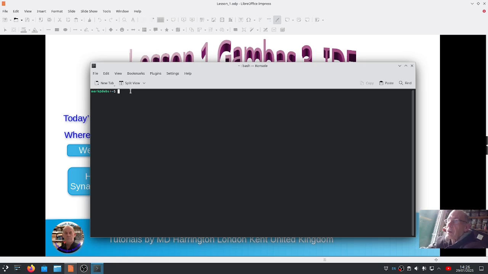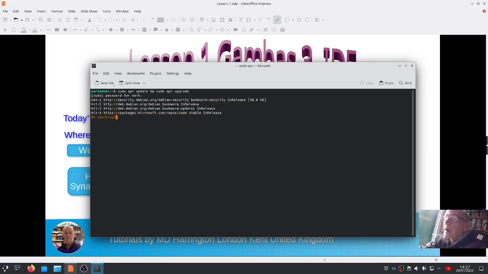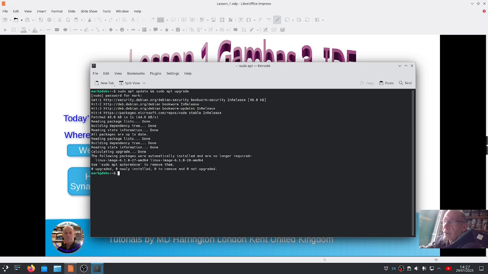And here what we do is we do a sudo apt update and double ampersand sudo apt upgrade, and then click enter. It will prompt you for your password again, your admin password. And then it will go through the package manager and it will select whatever is required. Hopefully that's all done, and having done that, you then click